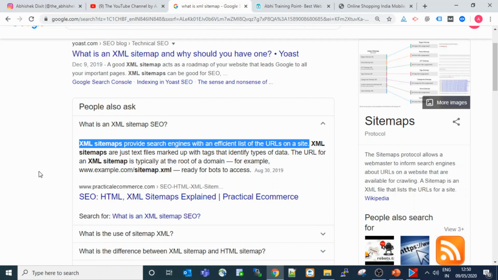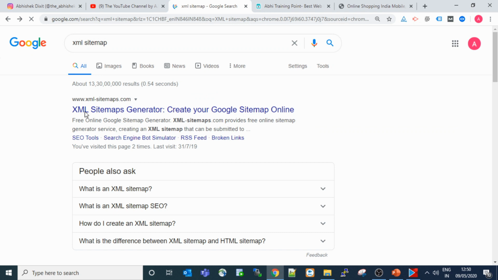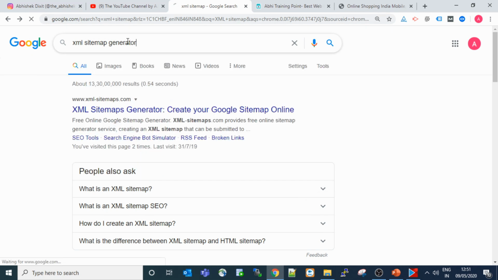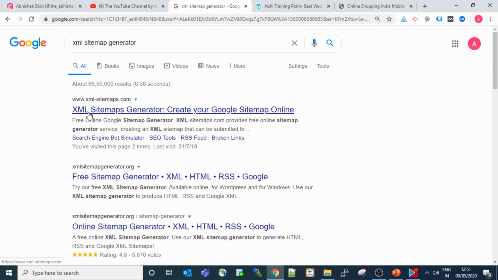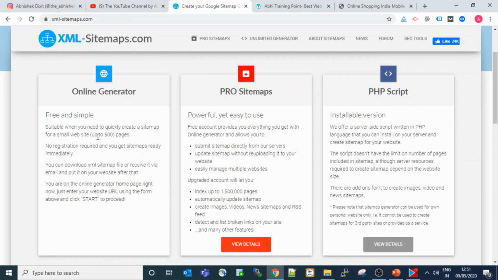So how do we generate that? If I search for XML sitemap, you can find the xmlsitemaps.com XML sitemap generator, or you can just type XML sitemap generator and you will find this one. It has a paid version, and a free version is also there. With the free version you can only generate the sitemap for up to 500 pages.